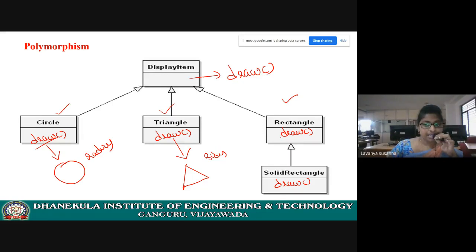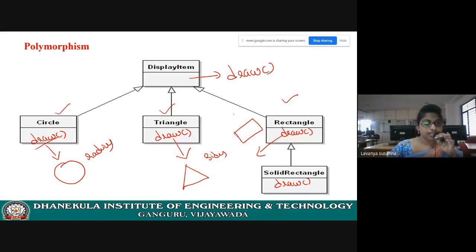Next, coming to the rectangle, same function. What is the same function doing? It is drawing a rectangle, and you need to give length and breadth. These are the coordinates. I hope you understood. This is polymorphism: same method exhibiting different behavior. Here draw is drawing a circle. In triangle, draw is drawing a triangle. Coming to rectangle, the draw function is drawing a rectangle using the given coordinates. You need to provide the coordinates, right? I hope you understood. In this way, you need to explain.